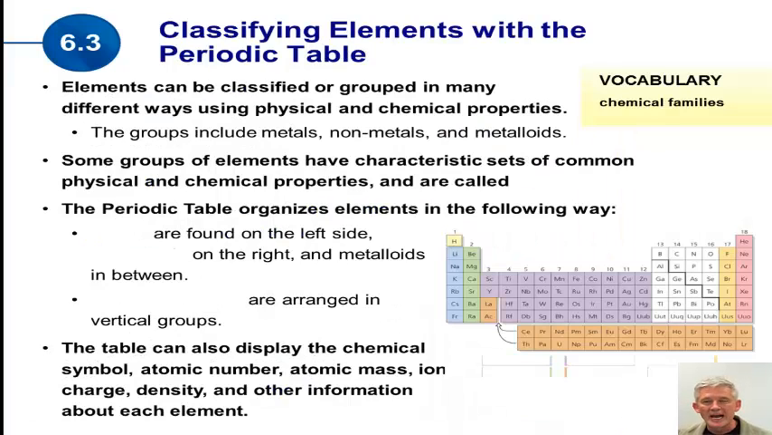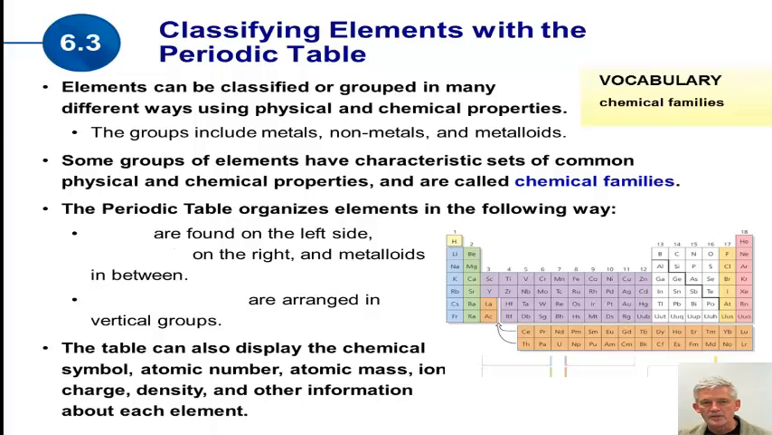6.3, classifying elements with the periodic table. Elements can be classified or grouped in many different ways using, again, physical and chemical properties. The groups include metals, nonmetals, and metalloids. Some groups of elements have characteristic sets of common physical and chemical properties, and they are called chemical families. So this lovely periodic table down here shows you